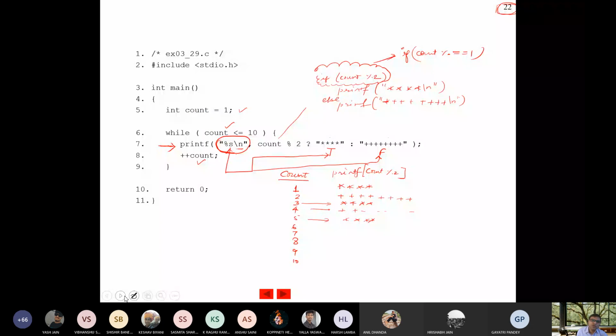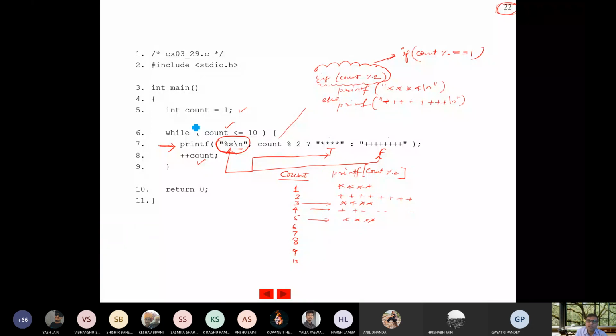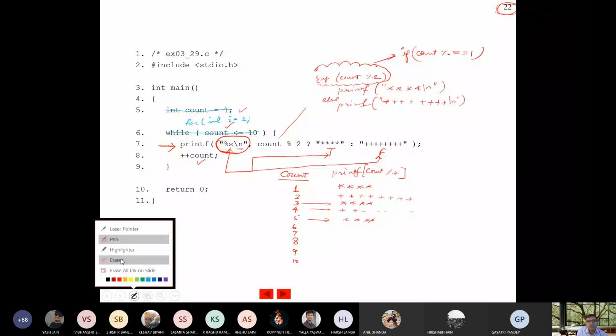It is a very simple thing: just write for integer equals 1 instead of while. It is not I, it is count actually, so I need to explain in terms of count only.